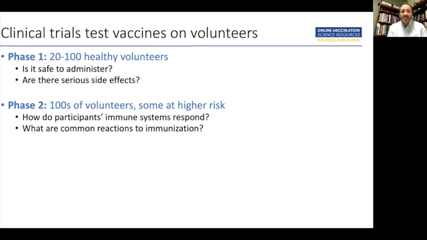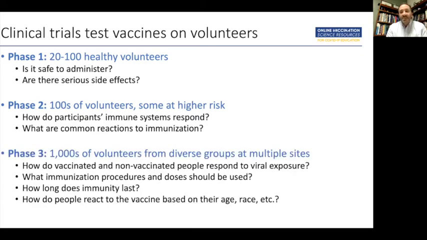Do they have mild symptoms? Do they have more moderate symptoms? What can we reasonably expect from people? So they watch these cases very closely, because if it looks like people are getting protective immunity and they do not have strong reactions to the immunization process itself, they want to go as quickly as possible into phase 3